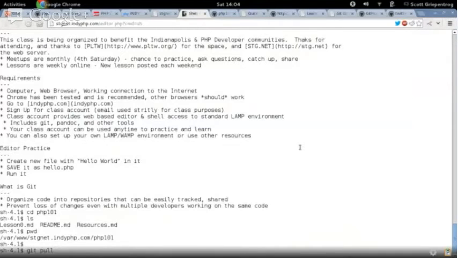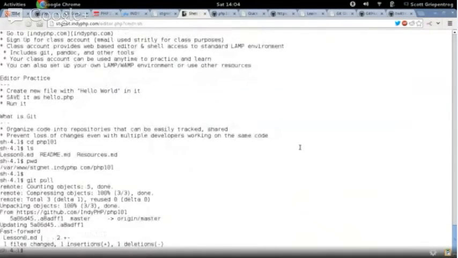And then the command I'm going to do is git pull, git space pull. And when I do the git pull, it's going to go talk to the place that I did the git clone from. It remembered where I got this directory from. It remembered that I got it from GitHub, and that it was the indie PHP/PHP101 path. It remembers that. And then when I do the git pull, it says, well, I'll go get an update for it. It talks to GitHub, it pulls down the changed information, and now it's updated lesson 0.md. I can see that it's made a change here. And if I look at that file again,